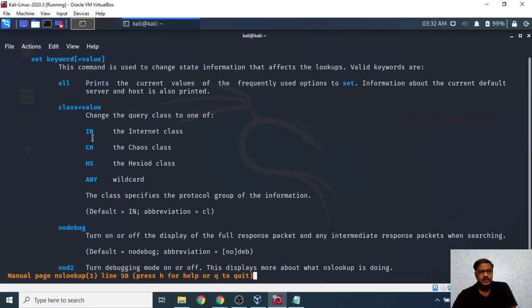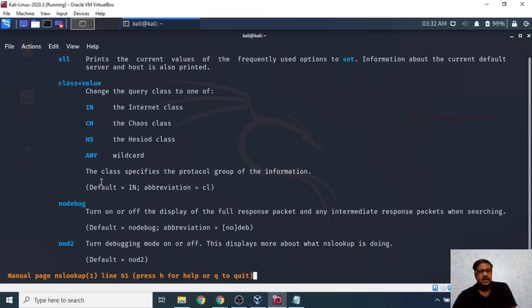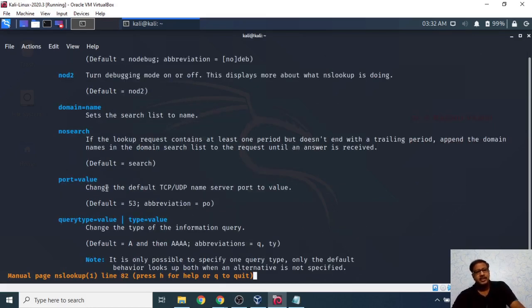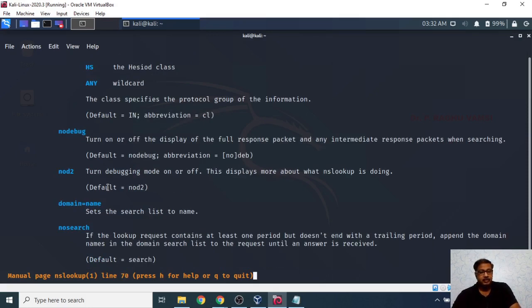Whenever you set class equal to in, ch, hs, any, it means you want to explore which class, whether the internet class or chaos class or various other classes. You can also fix a type, what we have seen in the previous video, that is, what type of DNS information you want, like MX or NS.